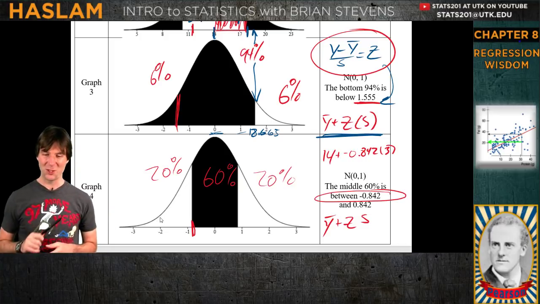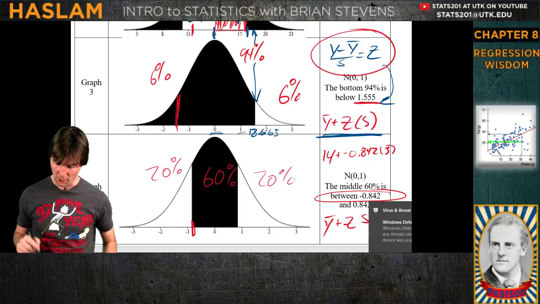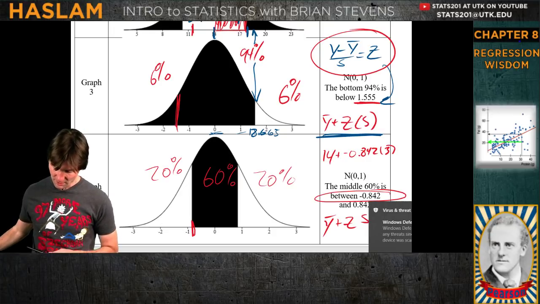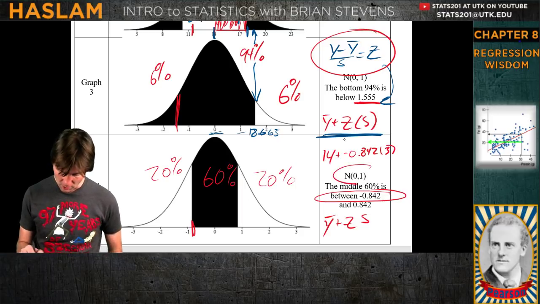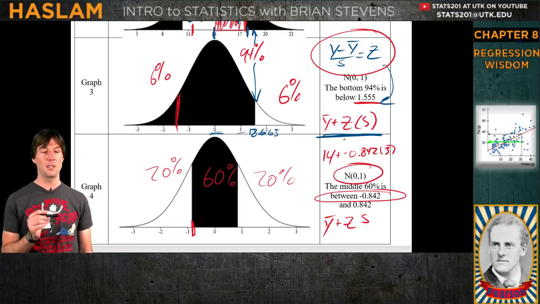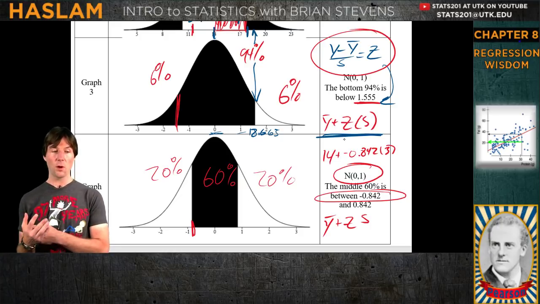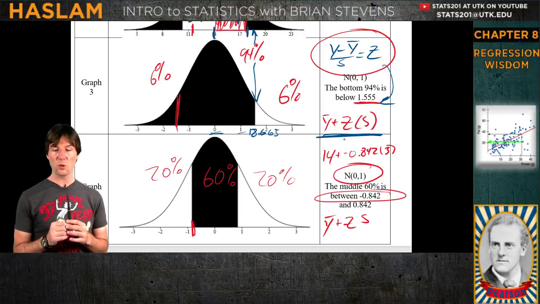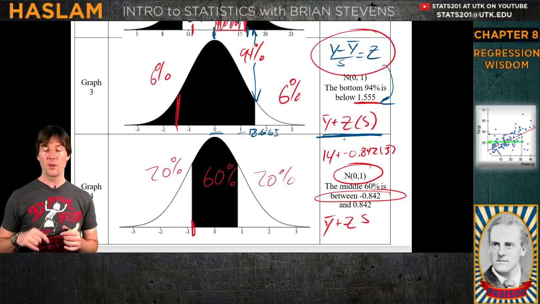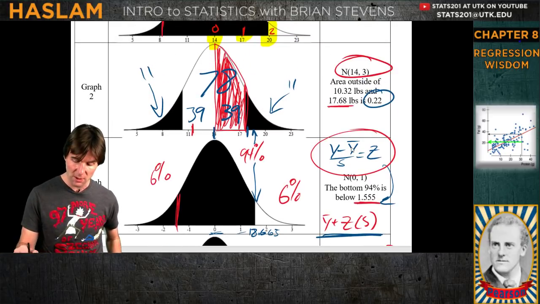The question, I was reading the question too at the same time. Isn't 0 the mean? Yes. On the standard normal curve, on this curve, the z-score curve, it is 0 and 1. But that is a z-score curve. So the mean is 0 when we standardize it to z-scores. So 0 is the mean on the z-score curve and 1 is the standard deviation, but then we would use it in context of the problem, which has a different mean and a different standard deviation.